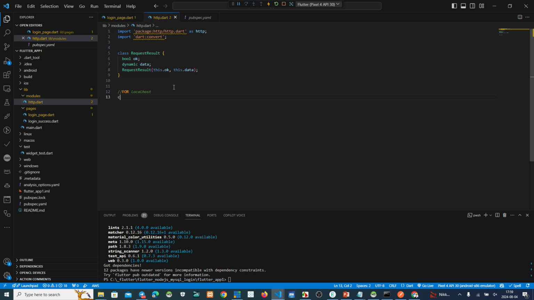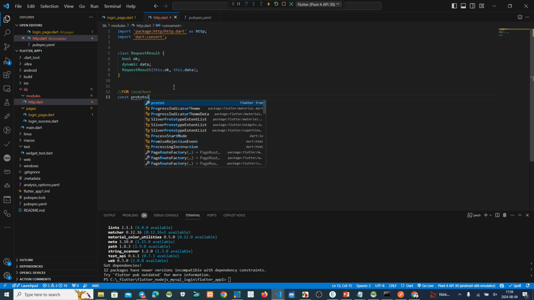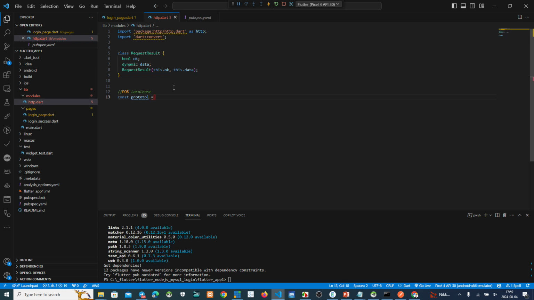We make a declaration const protocol, name is HTTP. If we use the localhost, we just make HTTP. But if we use hosting, we use HTTPS. Okay, and then const domain. Yeah, this is a local IP address.